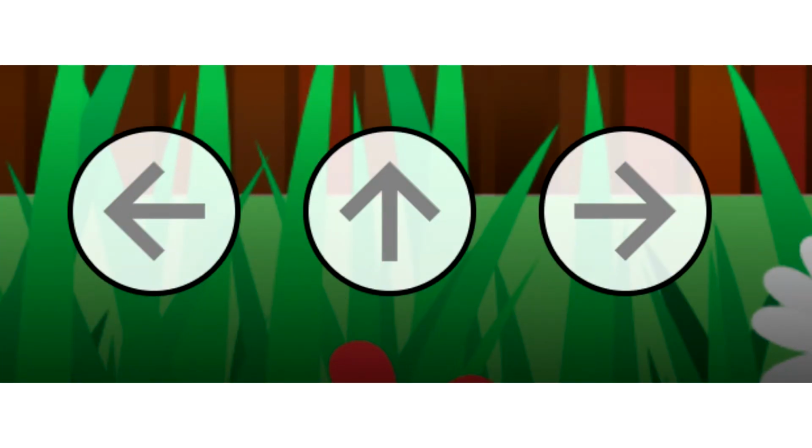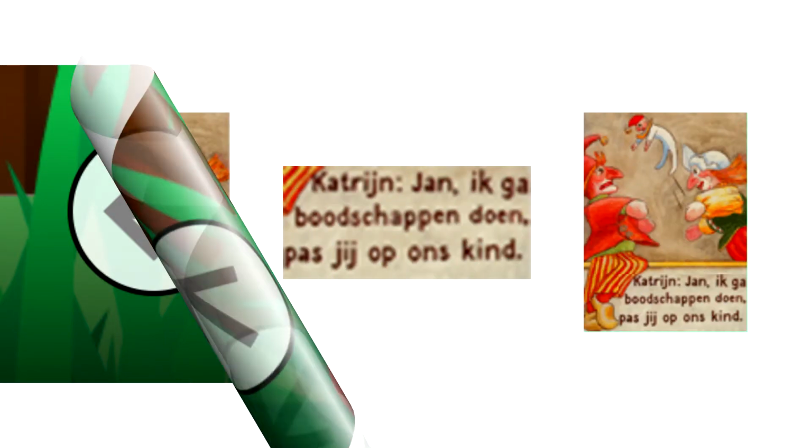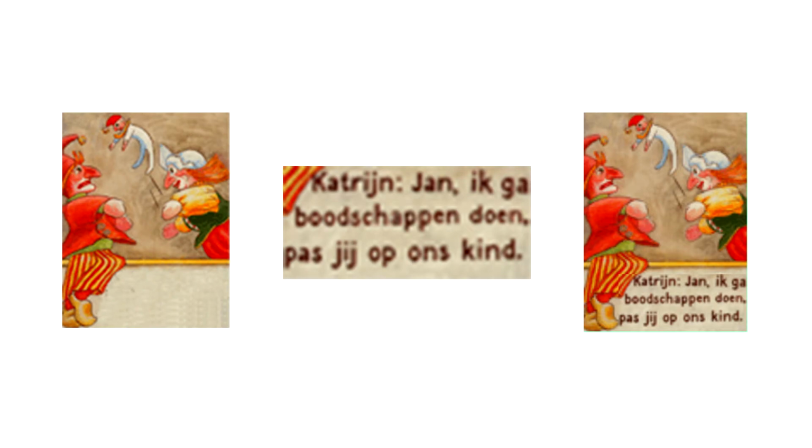3 arrow icons under the puppet theatre stage. The arrow pointing to the left, return to the previous question. The arrow pointing up the center, play the game again. The arrow pointing to the right, continue with the next question. Tap on check after the question's been answered. If the answer is correct, by tapping on a puppet theatre picture, a corresponding Dutch text appears.